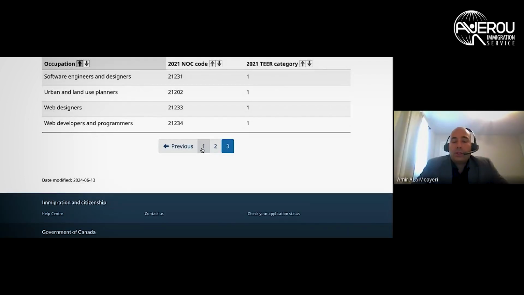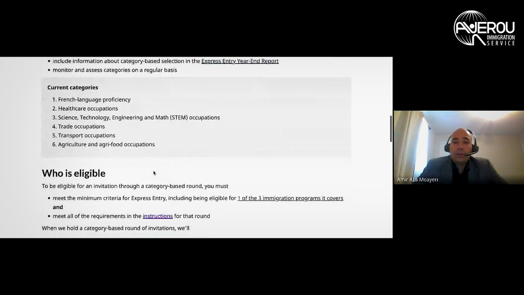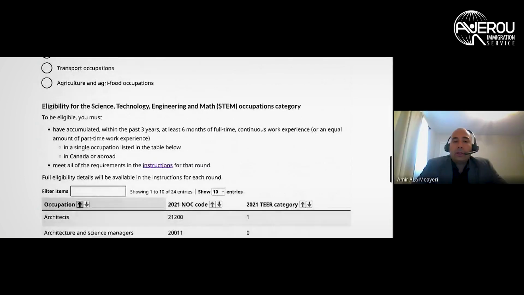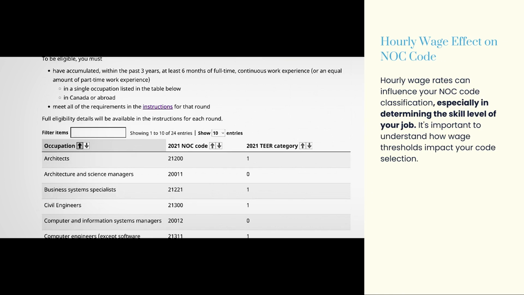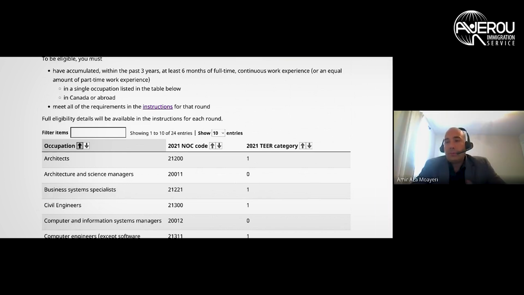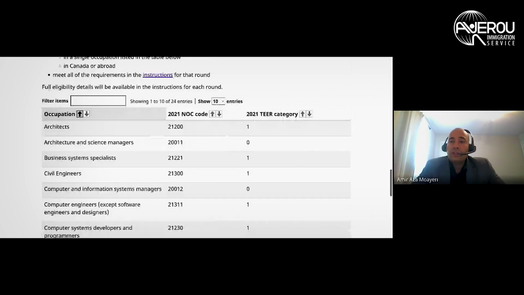Yeah, that's a really good point that you bring up. The reason that client wanted to consider herself an accountant was because she wanted to receive a higher hourly wage. By getting a higher hourly wage, she would get more points for the BCPNP. Oh, so that was a PNP situation. Yeah, that was a PNP situation,